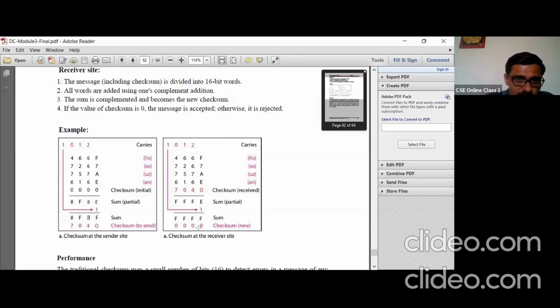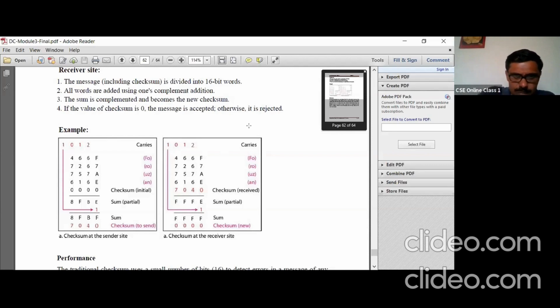Since all bits in the checksum are 0, the receiver will conclude that there is no error in the received data. If you get a non-zero value here, then the receiver will conclude that there is an error in the received data.